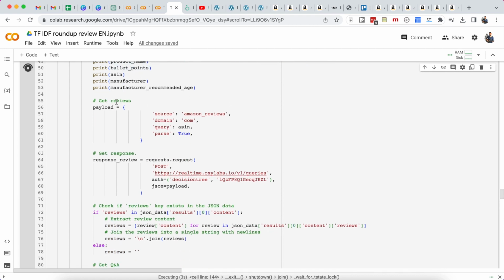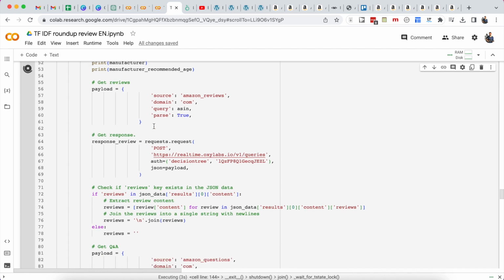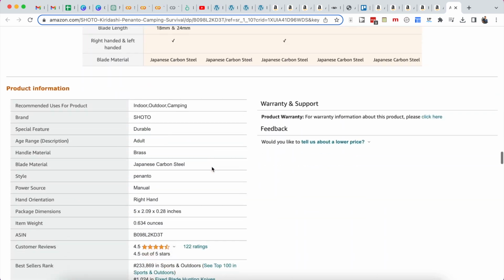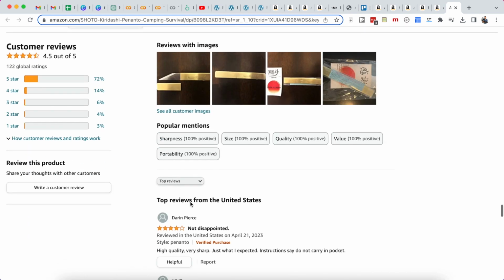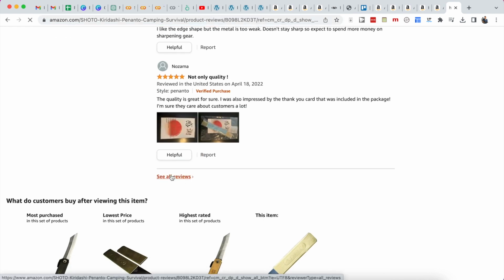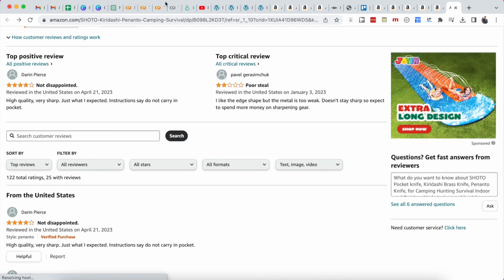Then I get the reviews, and I need that async code. Here the query is the async. Because if there are a lot of reviews, Amazon puts them on a separate page. And this part of the script will look for that review page and then scrape off the reviews as well. So let's see, that's a little bit more to the bottom here. Here are these top reviews. And when you click on see all reviews, it goes to a separate review page where you can scrape all of them. The same goes for the